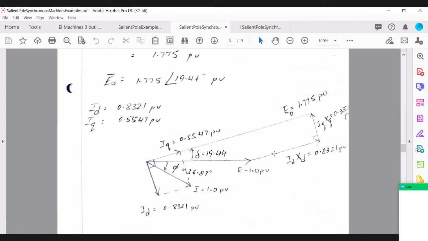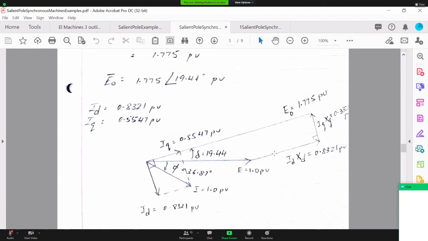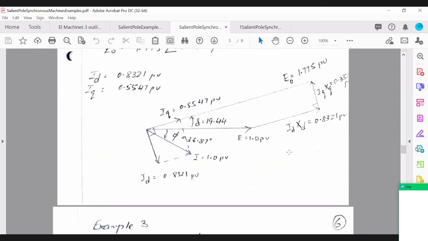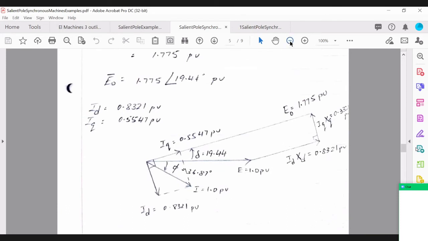Okay, so as you can see, from this example too, if you're only given the d-axis and q-axis reactances of the machine in per unit, and you know what is the rated power of the machine, you can also solve for the equation that's representing the generator. Okay, so I'm going to look at one final example for today,